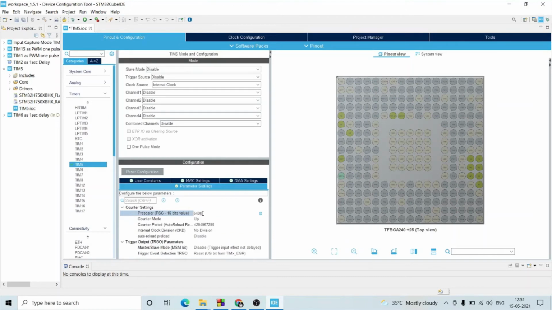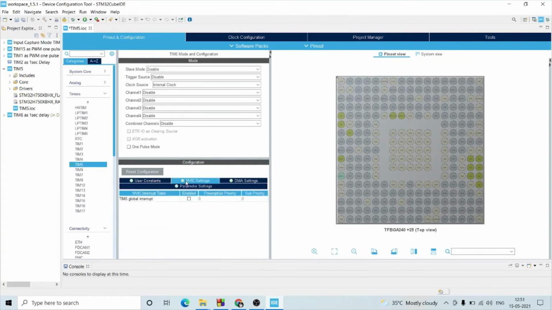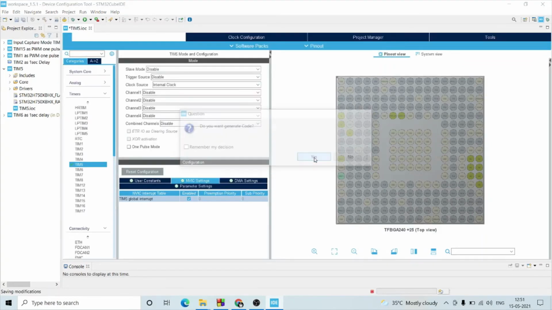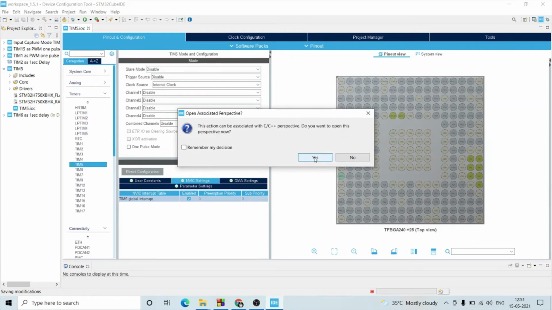To generate a 1 second delay, I am selecting a prescaler value of 64K and an auto reload register value of 1000. If we need the IRQ of that timer, we can enable that IRQ and it will give the configurations.